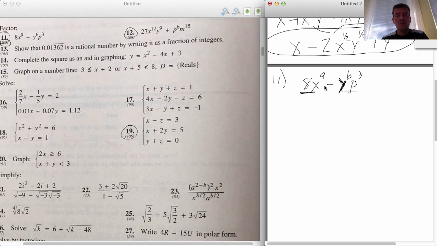Okay? The next thing we're going to look for is the difference of two squares. So what I mean by that is,